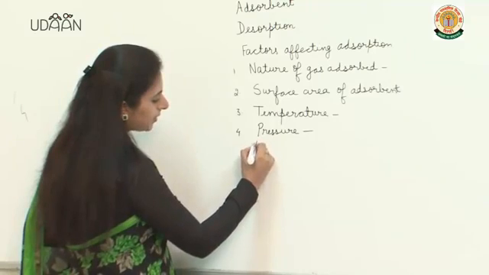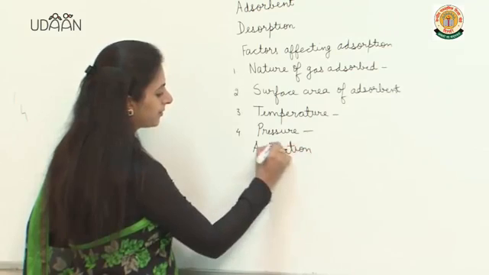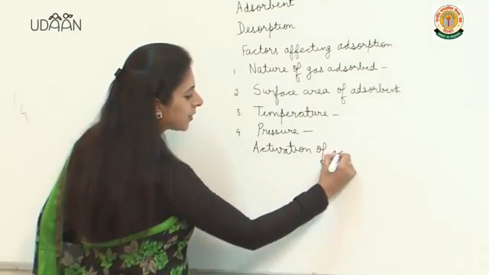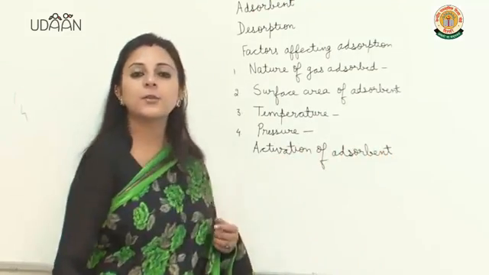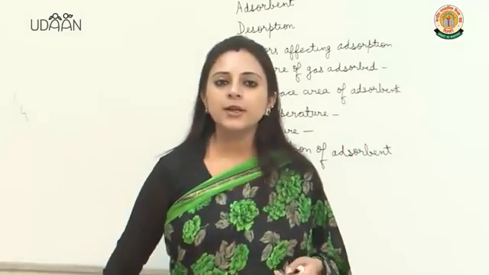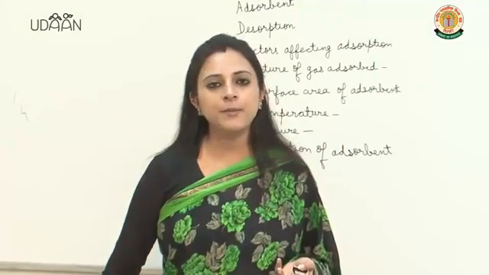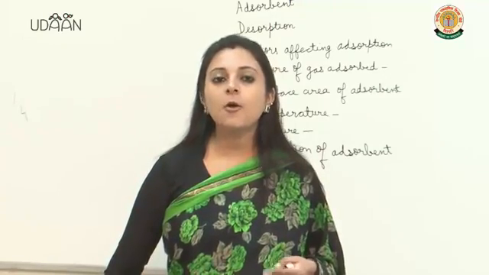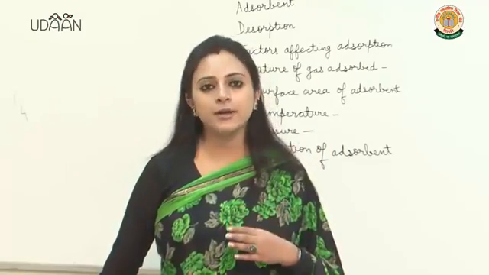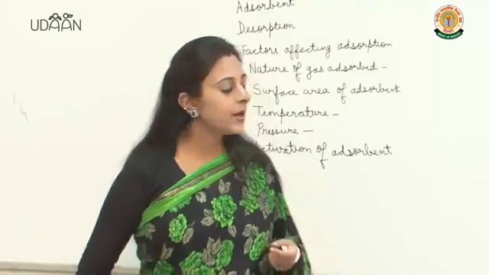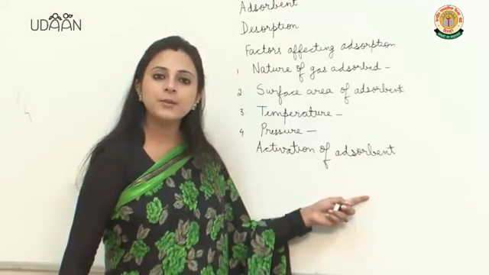Now let us understand what we mean by activation of adsorbent. Activation of adsorbent means that we have to increase the surface area of the adsorbent. And how can it be done? It can be done either by removing the gases which are already adsorbed by passing superheated steam, or by dividing the adsorbent into a large number of particles, we can achieve activation of adsorbent,